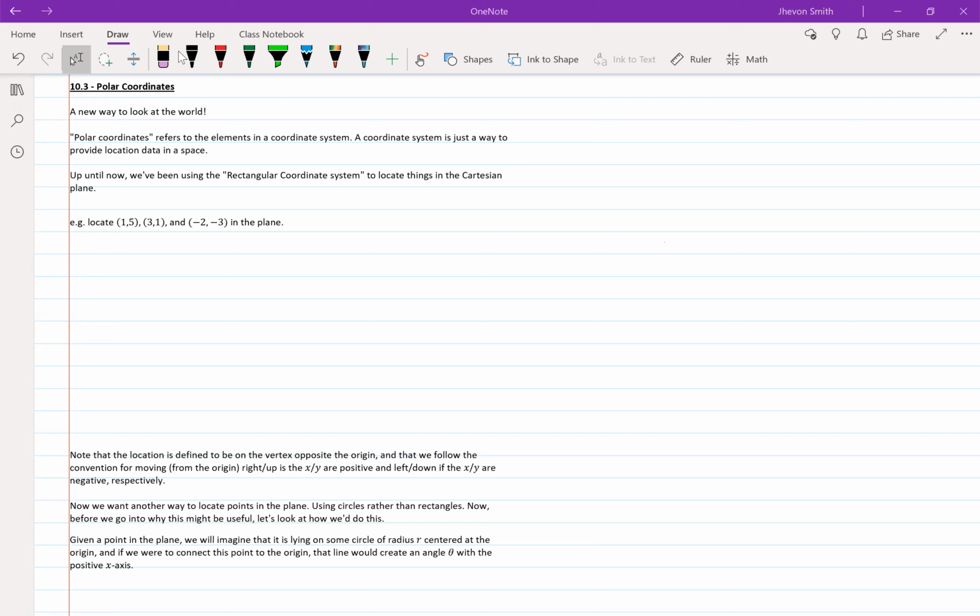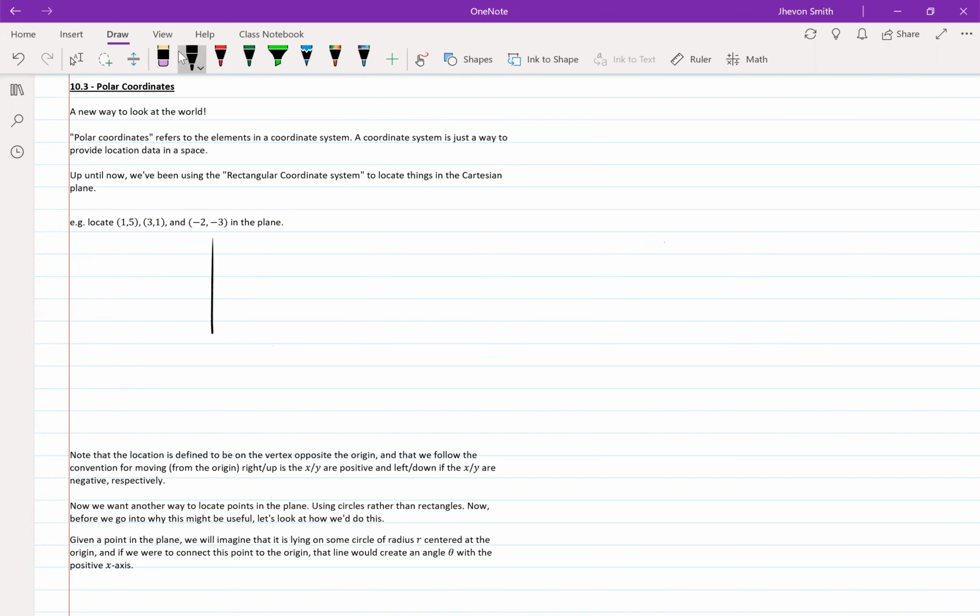Now, what are polar coordinates? Well, a coordinate system is a way of locating things in a space that we care about. And what we are used to doing is what's called a rectangular coordinate system. So when we've been doing the XY plane, how we've been looking at the XY plane this whole time, how we go about sketching curves and how we locate coordinates in the XY plane. This was using what's called the rectangular coordinate system. And no surprise, it's called the rectangular coordinate system because it uses coordinates. So for example,